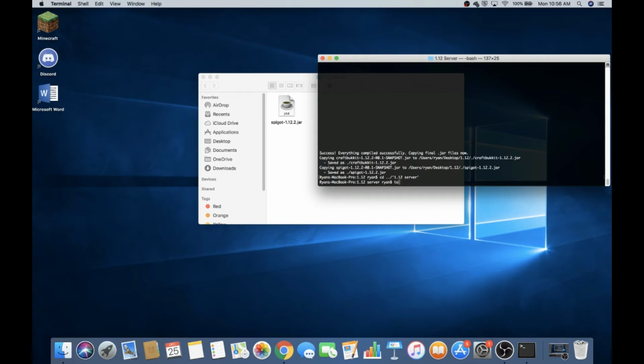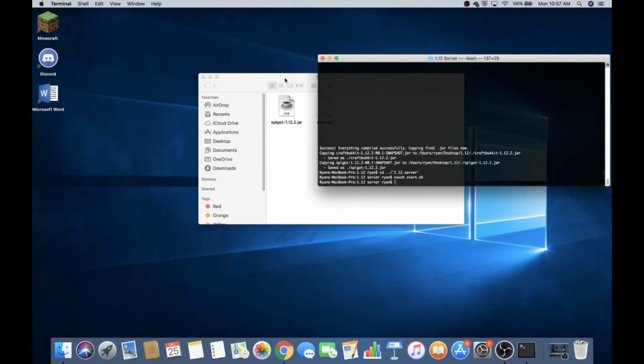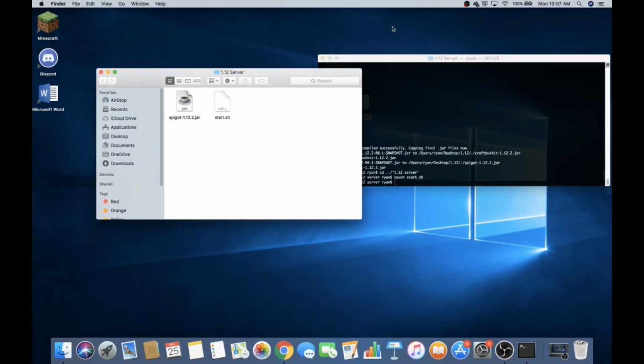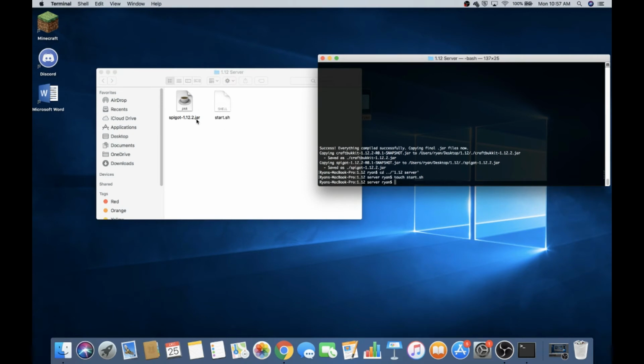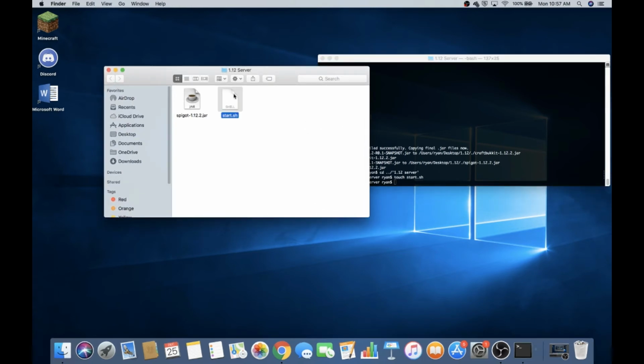And I'm going to do touch, and then start.sh like that. Okay, see if that worked. Yep, it did. It's right there. So what that command did was it made a file in here called start.sh, and that's a shell file. Okay, and then we're going to edit this file,